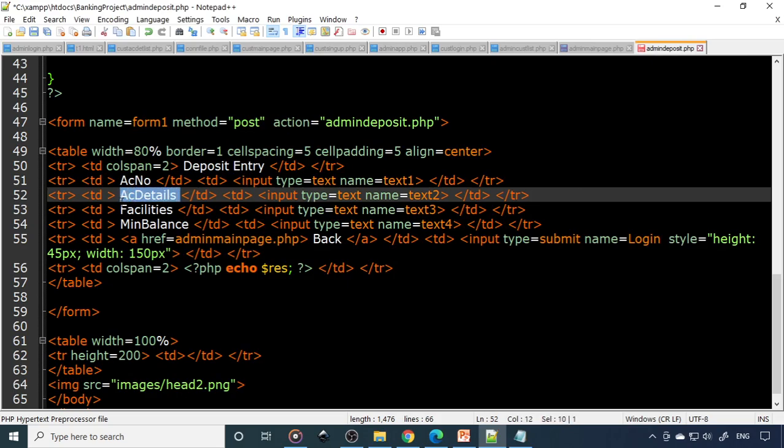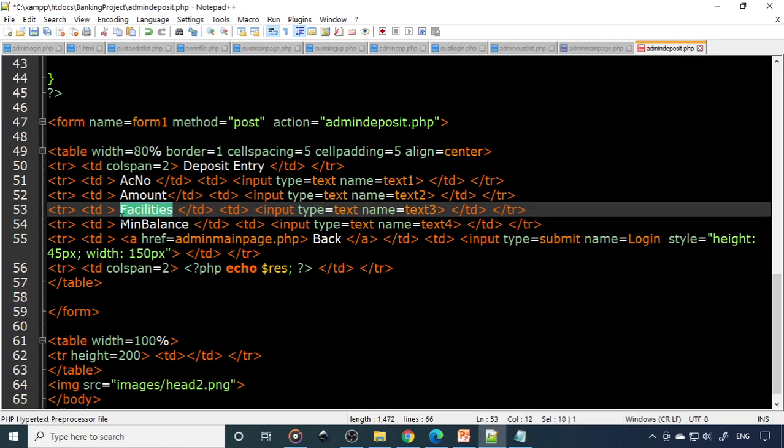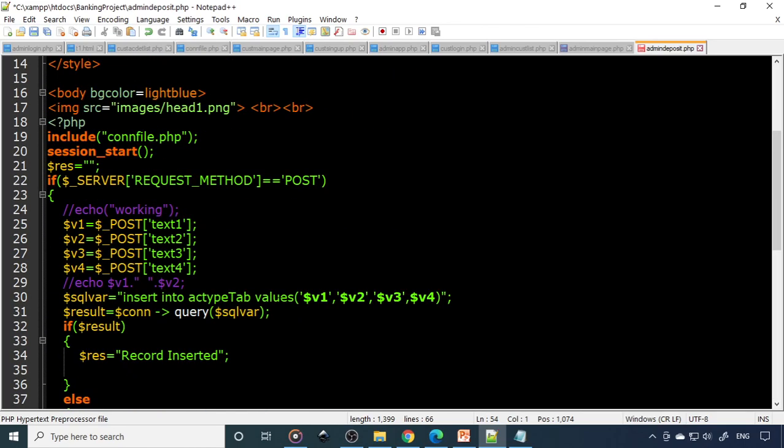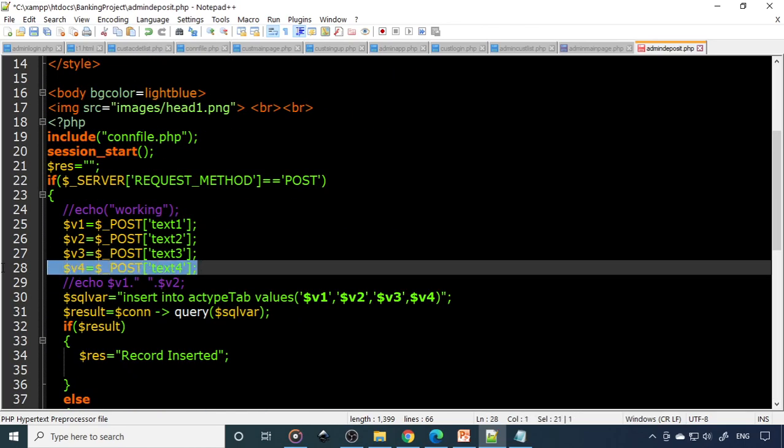So instead of details we can take it as amount, how much amount you want to deposit, and then here you can give the details. So details, if I want, you can take text area also. Okay, fine, it's there. So number and date automatically we can fetch, so therefore we don't require that. So 3 fields, so therefore only 3.